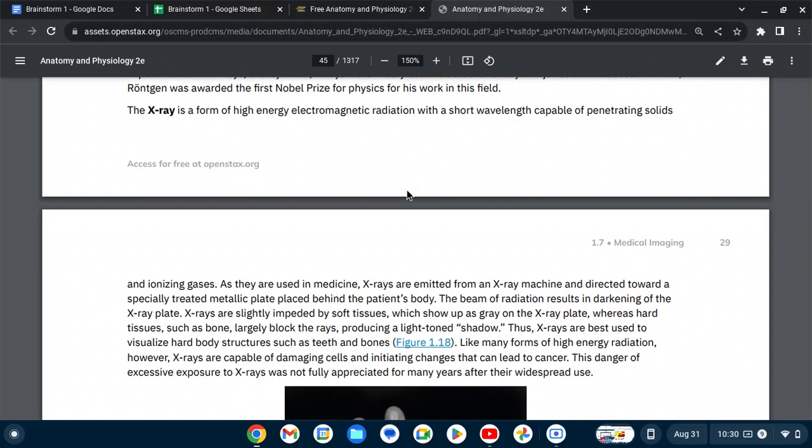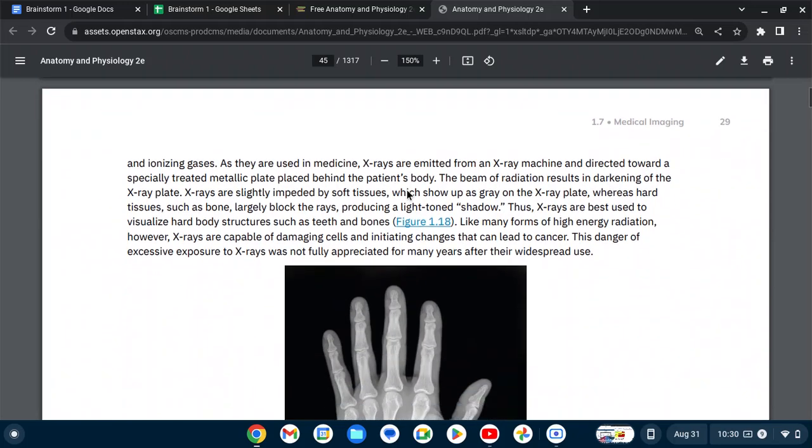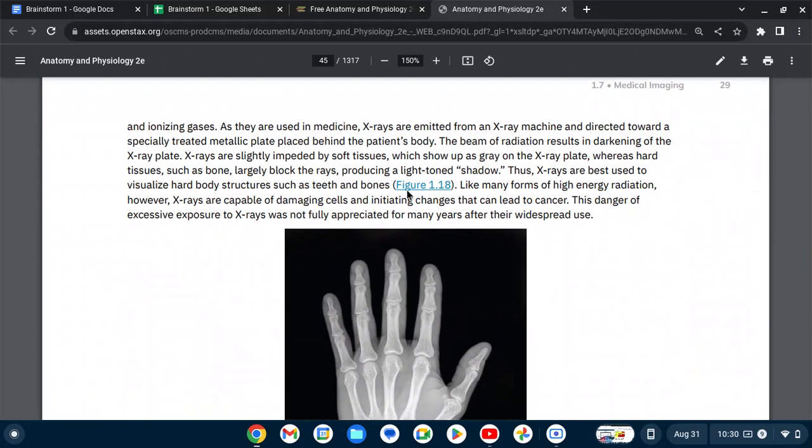The X-ray is a form of high-energy electromagnetic radiation with a short wavelength capable of penetrating solids and ionizing gases. As they are used in medicine, X-rays are emitted from an X-ray machine and directed toward a specially treated metallic plate placed behind the patient's body. The beam of radiation results in darkening of the X-ray plate. X-rays are slightly impeded by soft tissues, which show up as gray on the X-ray plate, whereas hard tissue, such as bone, largely blocks the rays, producing a light-toned shadow. Thus, X-rays are best used to visualize hard body structures such as teeth